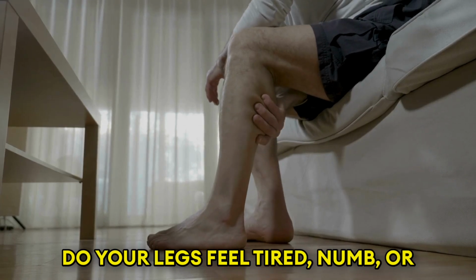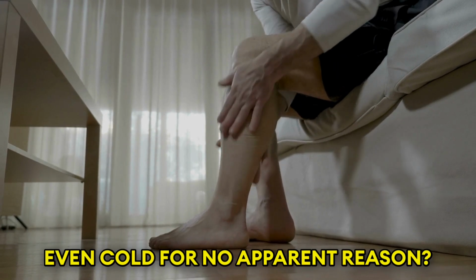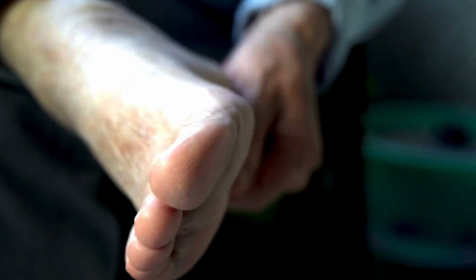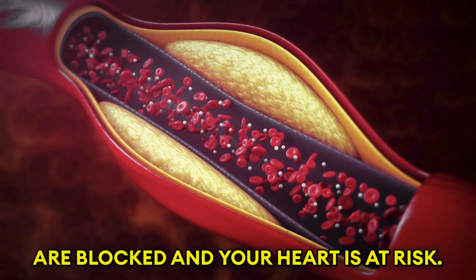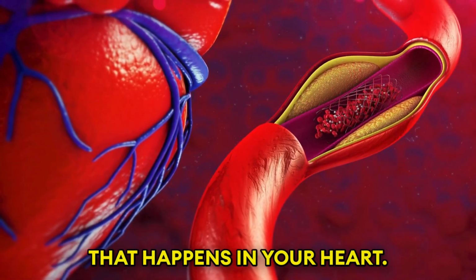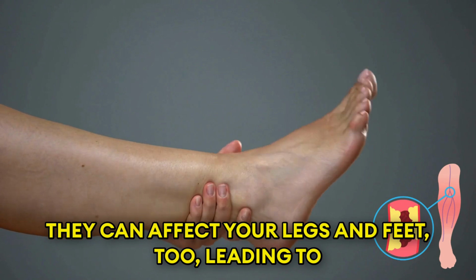Do your legs feel tired, numb, or even cold for no apparent reason? It might be more than just fatigue. These could be warning signs that your arteries are blocked and your heart is at risk. Blocked arteries aren't just something that happens in your heart, they can affect your legs and feet too, leading to